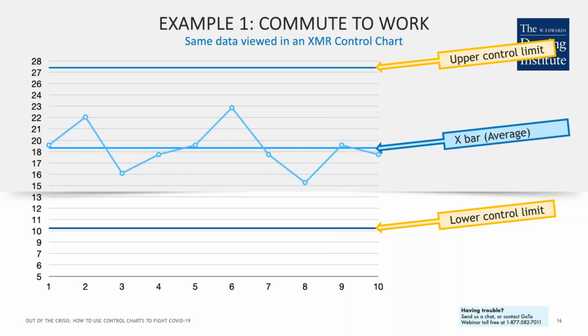But the upper control limit tells you the maximum time that I can take to get from home to college, which is 27 minutes. And the lower control limit is the lowest time I can ever take to get to college if I leave at 8 o'clock, and that's around 10 minutes. Now, this is insightful because this is at 8 o'clock in the morning. Given the fact that I'm going to be taking the same route every day, I drive the same car every day, I drive in the same manner every day, the conditions of traffic at that point in time, well,